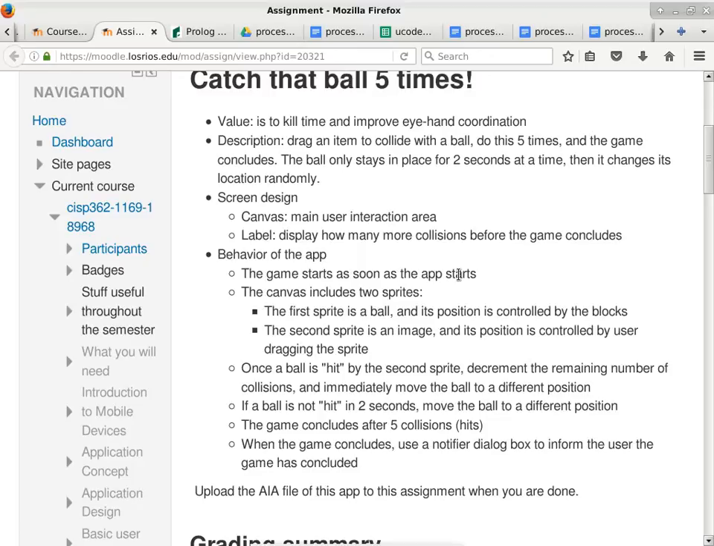So in this game, we need to catch the ball 5 times. And each time the ball will only stay in place for 2 seconds, and you have to move a sprite to catch the ball. And 5 times later, you finish the game, and that's it. And it keeps track of the time too. So we'll go ahead and read this